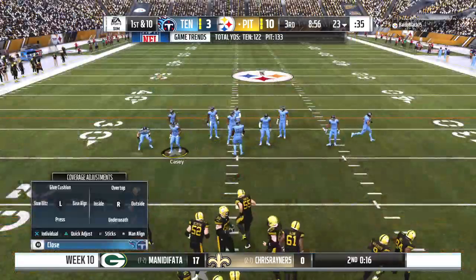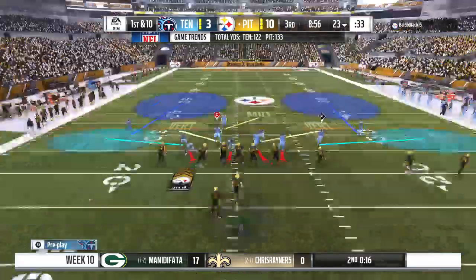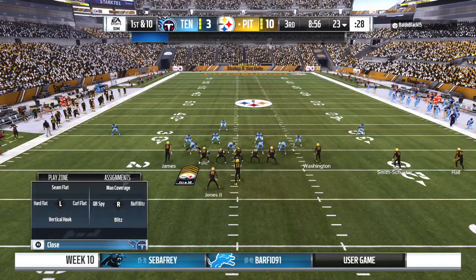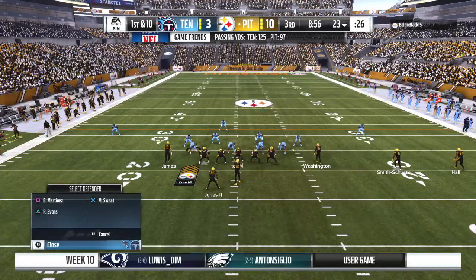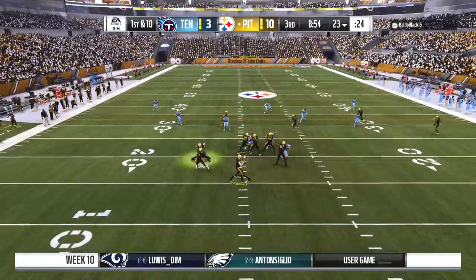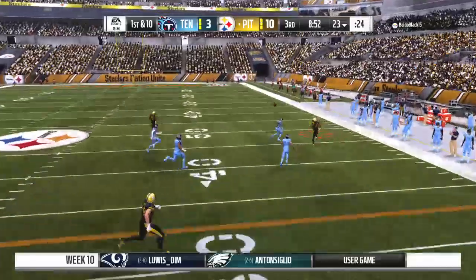And this is where I enjoy talking about one of my favorite subjects, tendency breakers, or counters as I also like to call them. You've done things in a certain way in the first half, and they've had the ability to see what you've done. They're going to make their adjustments. So guess what? You adjust your...